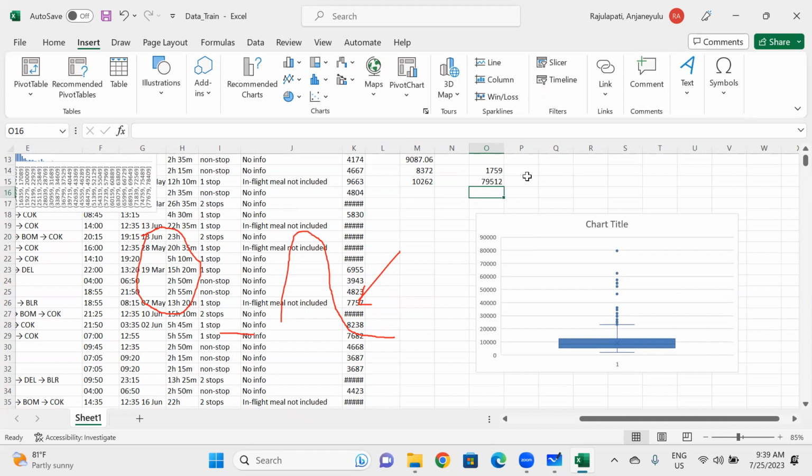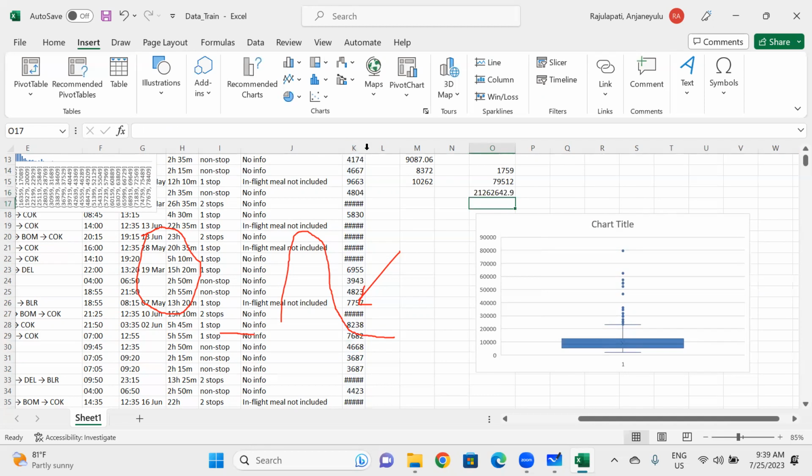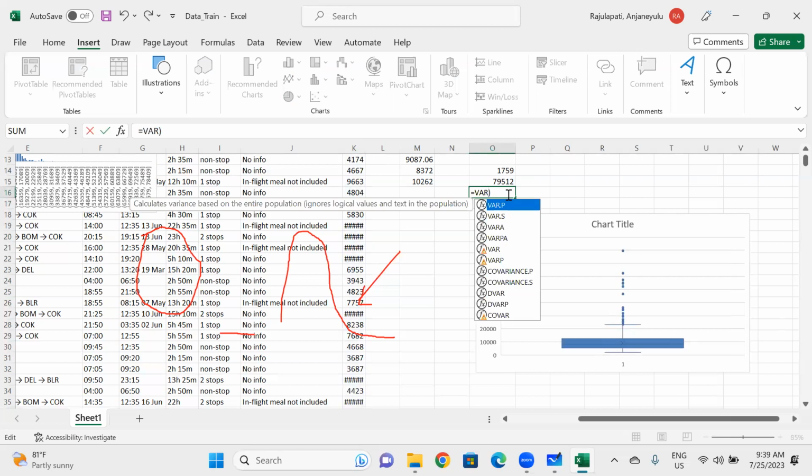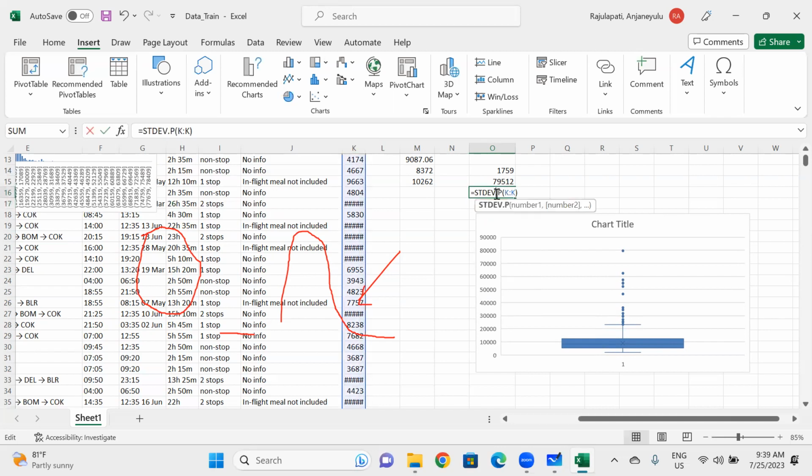Meanwhile, we could have some variation, the variance. With the help of the variance we can find out how the data was distributed. Like variance, standard deviation. Standard deviation and variance are almost the same, but one is the square term and one is the square root term. Like 4611, the data varied with a standard deviation of 4611.